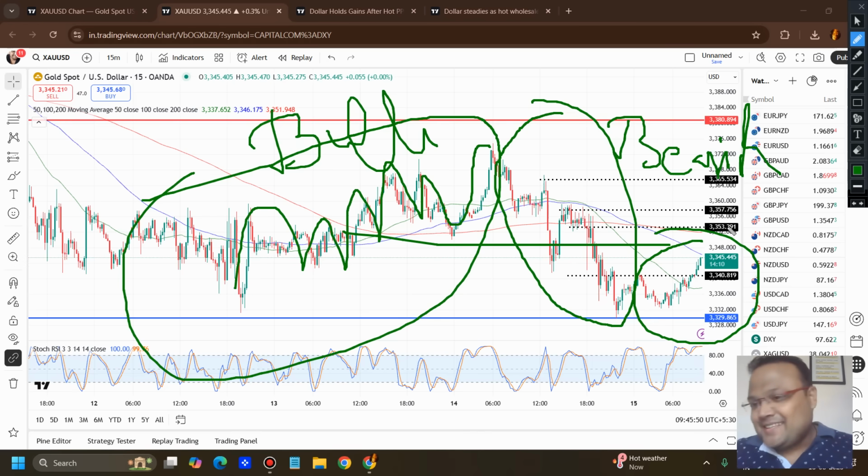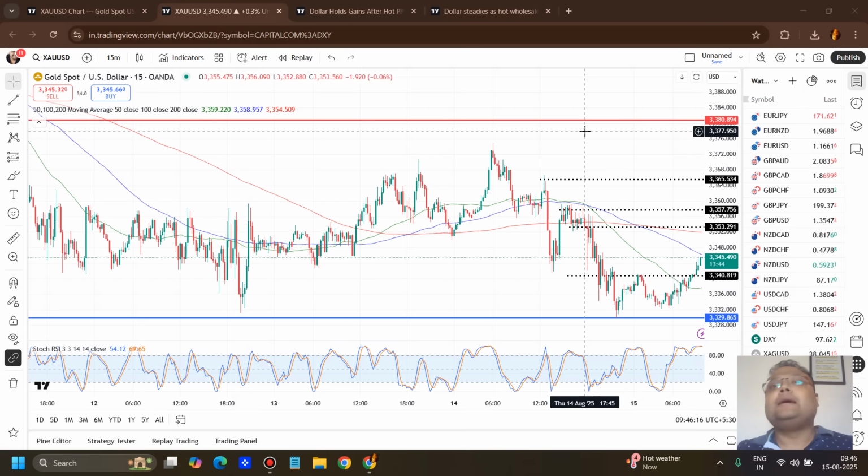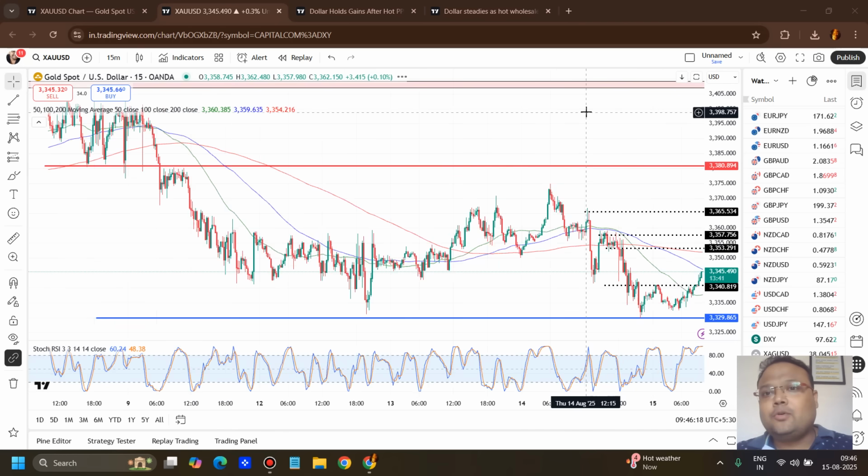So it is very hard and confusing right now to say in which direction gold is going. So be careful. And today is Friday. During the US session, obviously there will be some profit booking. If you fail to find any logic, अगर कुछ समझ में नहीं आता, just do not trade. It's better to not take a risk than to lose money. We do not have any clarity regarding the direction of gold right now.